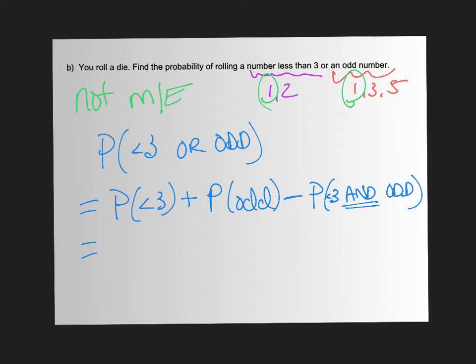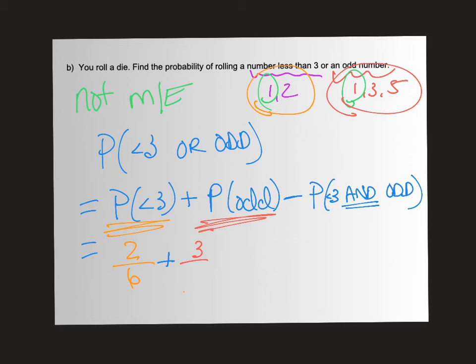So when you do this, probability less than 3, well, there are 2 numbers out of the 6 numbers that are less than 3, right? Plus, for probability of odd, there are 1, 2, 3. 3 out of our 6 numbers are odd. Okay. And then,